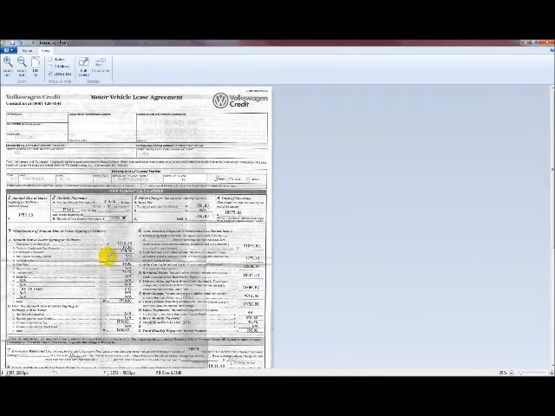We subtract the down payment from section 5, which comes to our adjusted capital cost of $22,800. The next line, residual value, this is the amount that the car is estimated to be worth after the lease is up. In this case, the lease is a 4-year, 15,000-mile lease, and the car today, or at the time when we purchased the car, was $28,515. However, in 4 years from then, it's going to be